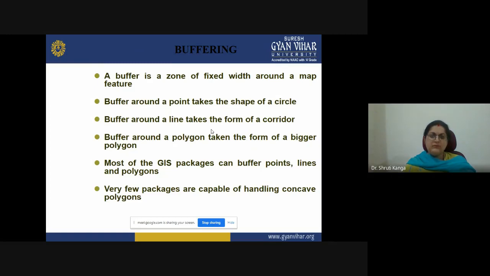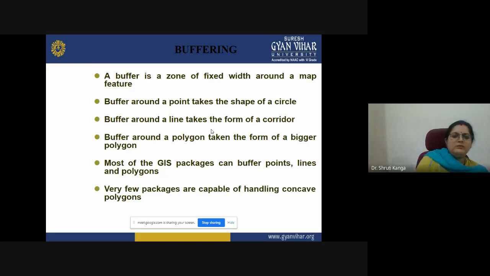Then buffering analysis. In buffering analysis, a buffer zone of a fixed width is created around a particular feature. A buffer around a point takes the shape of a circle. A buffer around a line is in the form of a corridor, and around a polygon feature, it is a bigger polygon.